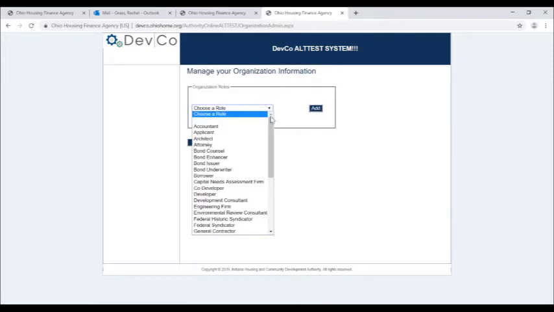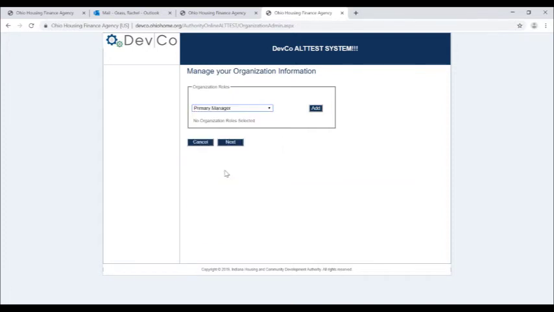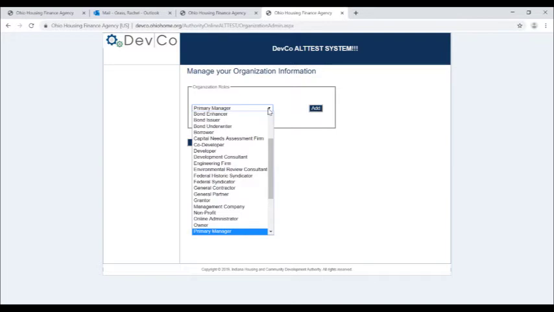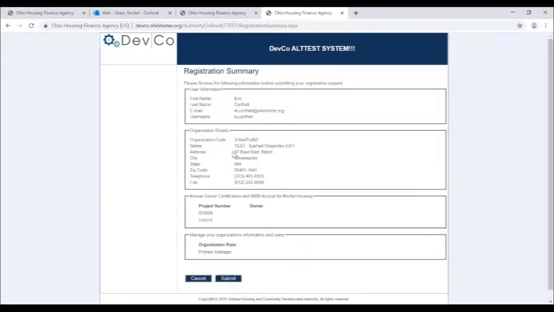Next, you need to choose a role. The majority of the time, it's going to be primary manager, primary owner. And again, make sure that you click add. And then you get here, just kind of review it one more time, make sure that everything is correct. And then when you hit submit,